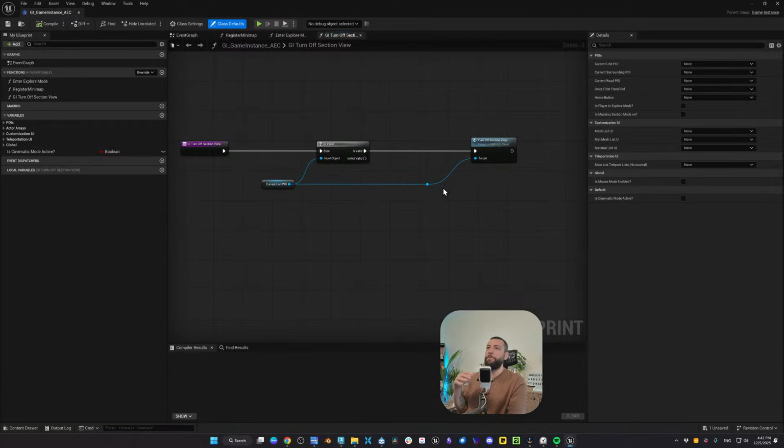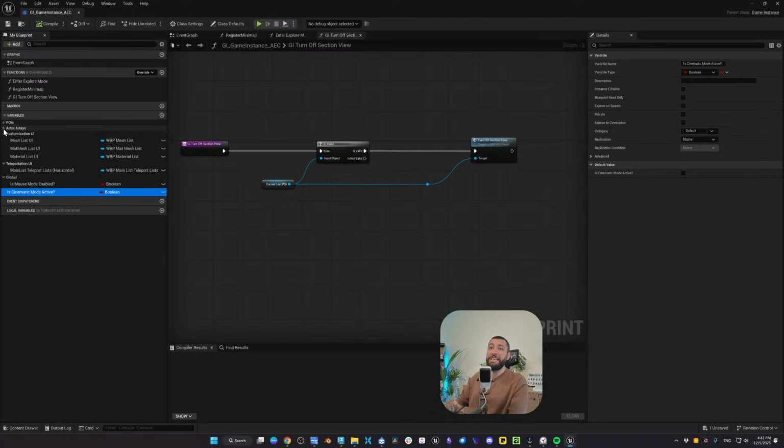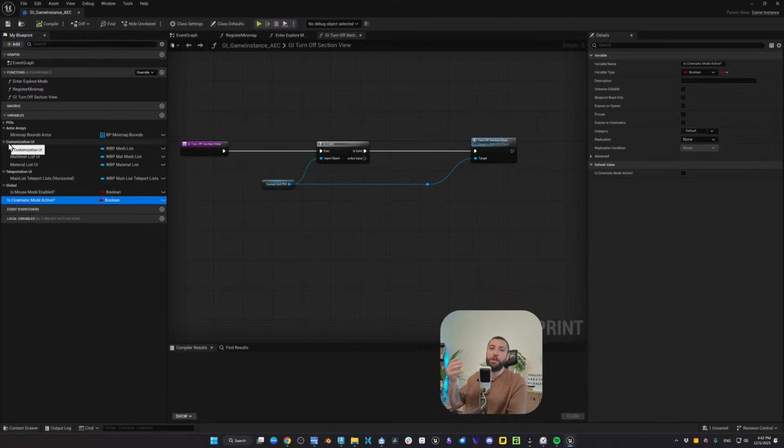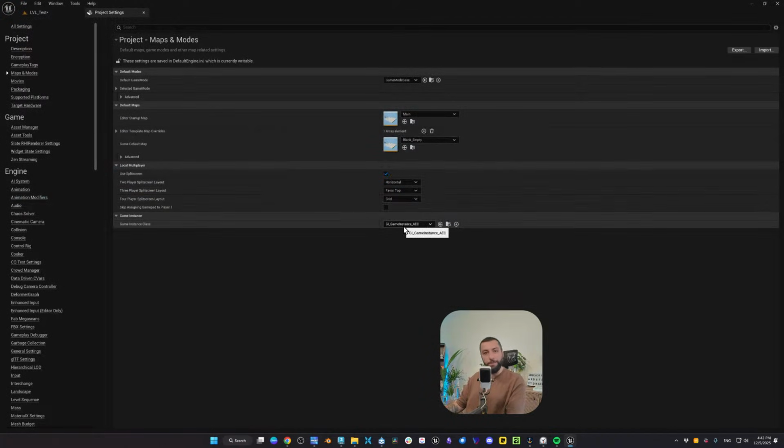We register something called explore mode, and whether the cinematic mode is active. There are many things where communication happens between blueprints that goes to a central place, which is the game instance. And the game instance is always active throughout the Unreal project. That's why we choose it. So we need to set the game instance to game instance AEC. So that's step number two.